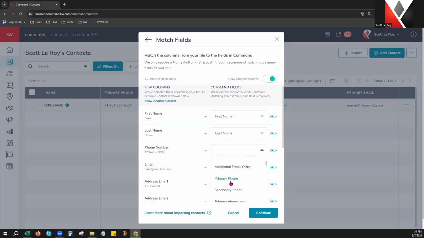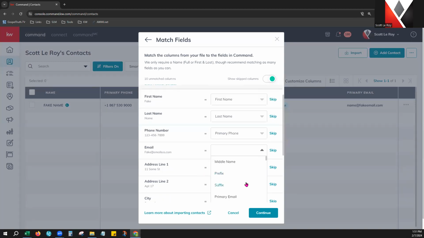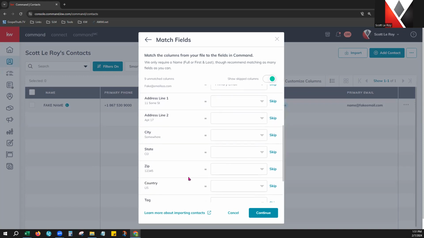Have to continue scrolling, primary phone number. Continue scrolling to primary email. You'll notice this is a little more time consuming. There's a little more room for error doing it this way with your custom import. So those are the benefits when it comes to actually choosing a Command template to import with. Okay, so that's the big benefit of using their template. So primary address, line 1, primary address,